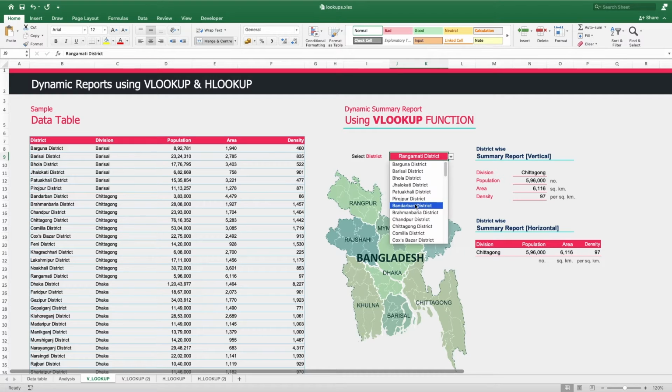Now, if you click any of this data, let's say Pirozpur, you see the Pirozpur belongs to the Borishal division, population 11,13,000 to 57, and so on. And the same thing here, just horizontally arranged. Now you go change another district, let's say Natur district. Natur is in Rajshahi, population is around 17 lakhs, total area is 1,896, and the density is 895 people per square kilometer. And you change any district, for example, let's say the last one, Sylhet district is in Sylhet division,